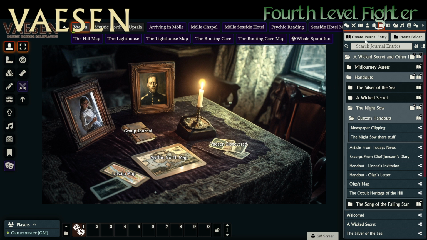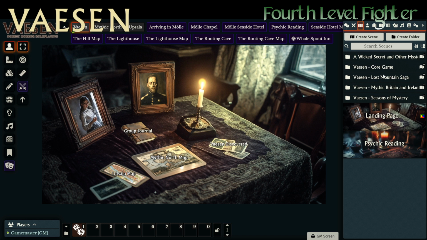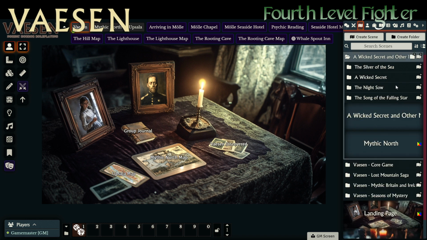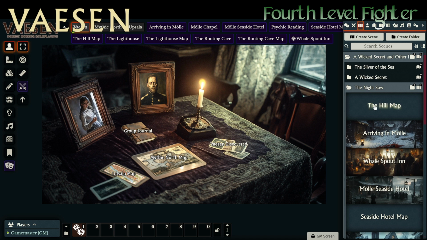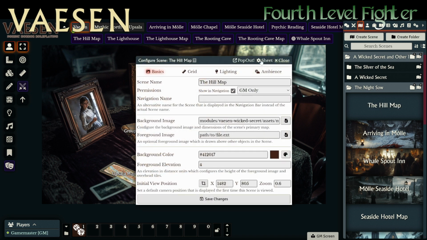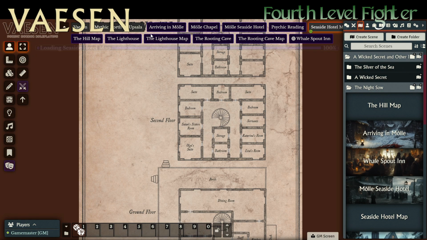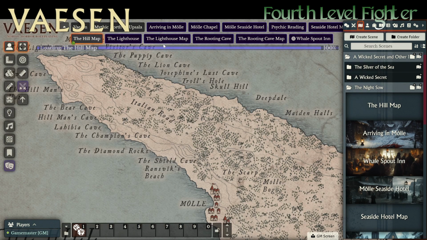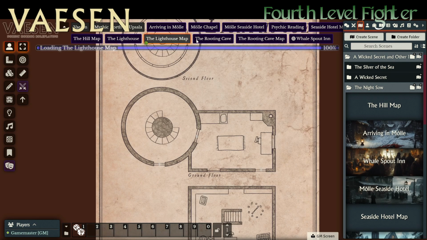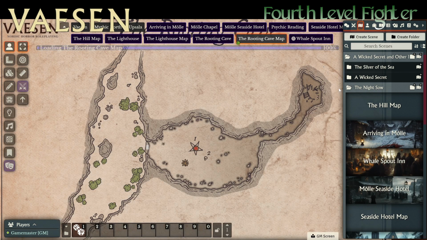When they arrive, I've set up some scenes ahead of time. If you have the module, it does come with some scenes. It's mostly maps, so you get like, let me switch this off. You get different maps of like the Seaside Hotel map. You get the map of the hill. You get a map of the lighthouse. You get a map of the rooting cave. These are good. We do a lot of theater of the mind, and to sort of influence that, what I've